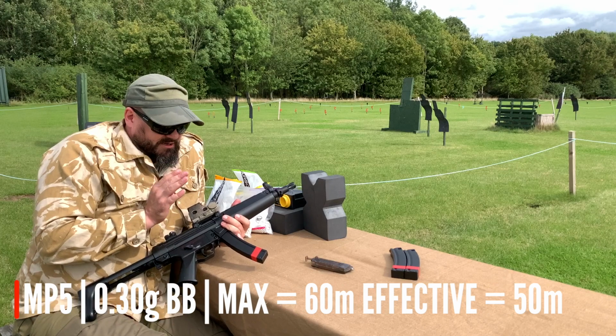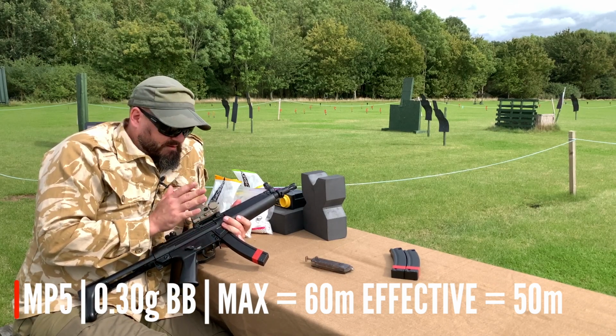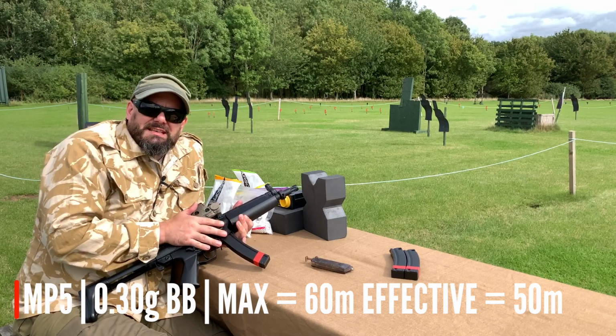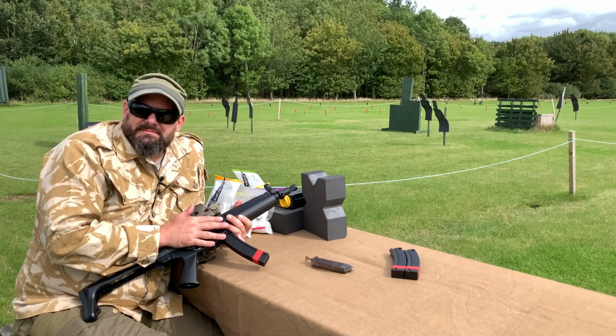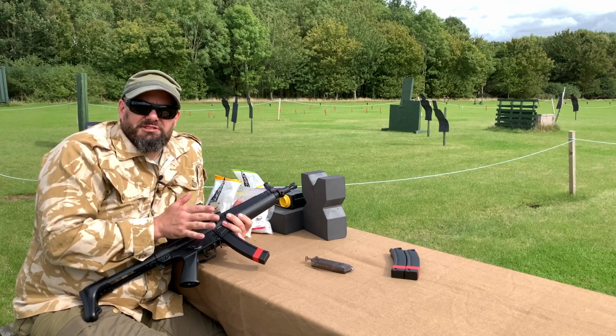So we finished our effective and maximum range tests with the Cyma MP5. With the 0.3 gram BBs, we got out to just shy of 60 metres with an effective range of about 50 metres. So doing really well. So the next thing we're going to do is our 30-metre accuracy test using the 0.3